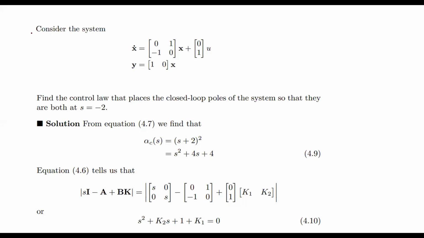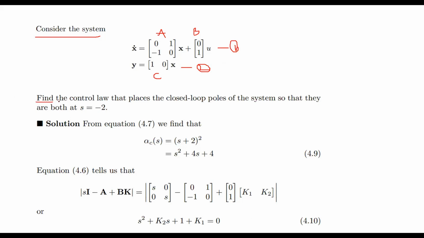Here I am going to explain with a small example. Let us consider the system. I'm going to explain this problem very easily. Let us take a second order system, where this is matrix A, this is matrix B, and this is matrix C. So what is equation 1? Here he has given the state equation x dot is equal to 0, 1, minus 1, 0 into x plus 0, 1 into u. The matrix C is equal to 1 0 x. So equation 1 is the state equation, equation 2 is the output equation, and the combination is called the state model.